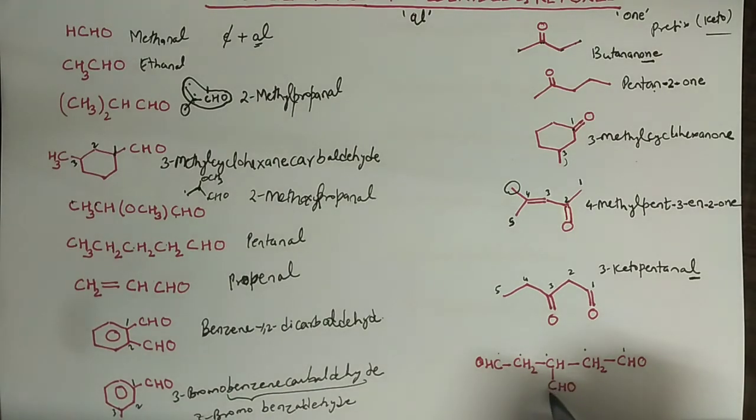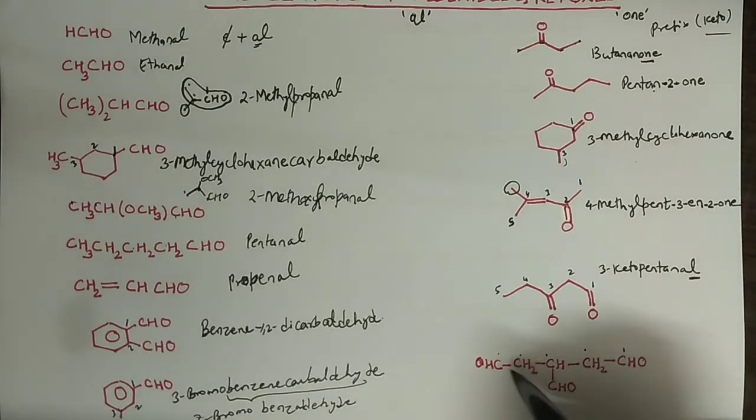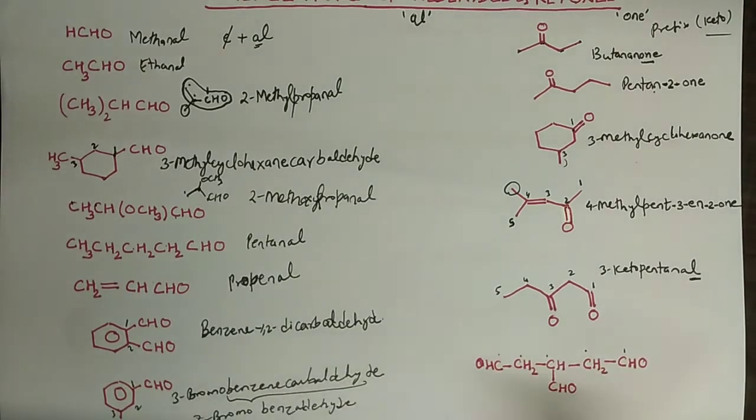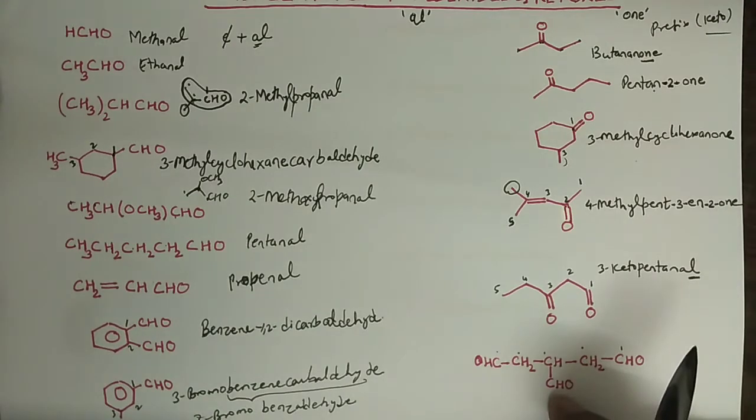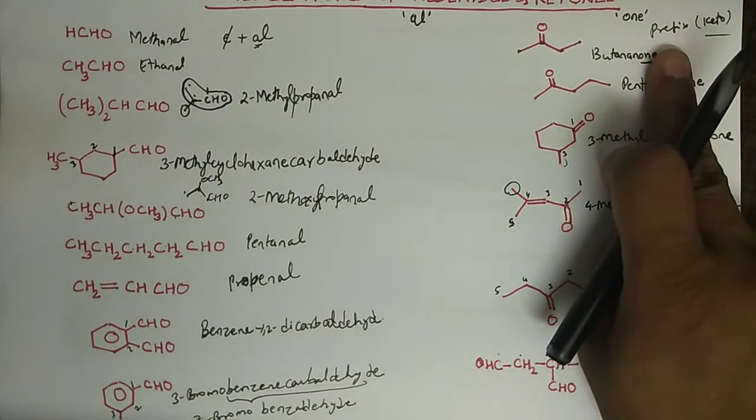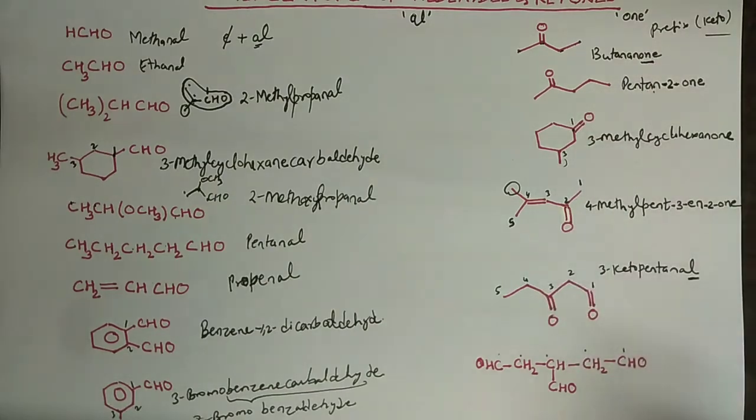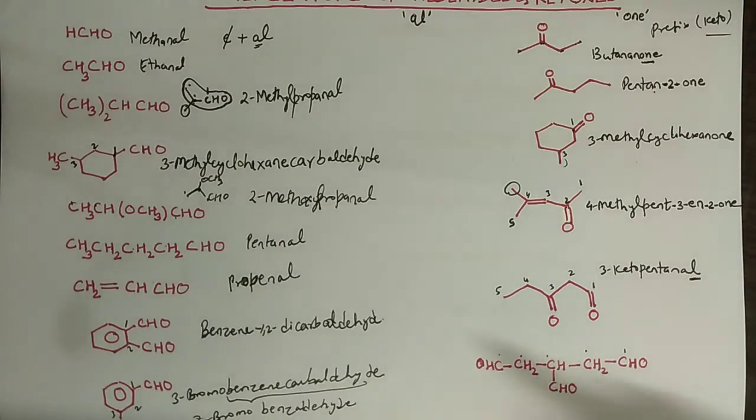But now if this group is present, then we cannot ignore this group, and this group must be numbered, but you cannot number it whether you go this way or this way, right? 1, 2, 3, 4, then either you have to ignore this part or you have to ignore this part. And the part which is not numbered, according to the rules of IUPAC, must be used as a prefix, right? So it is impossible that I treat the same group as suffix and also as prefix in the same compound.